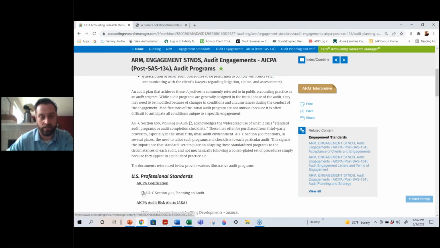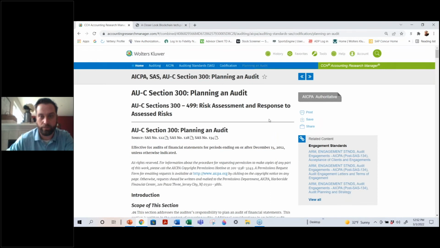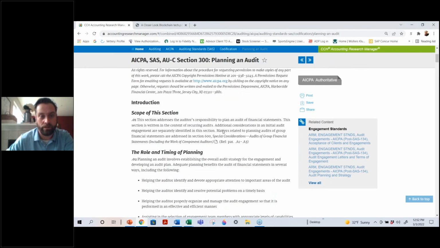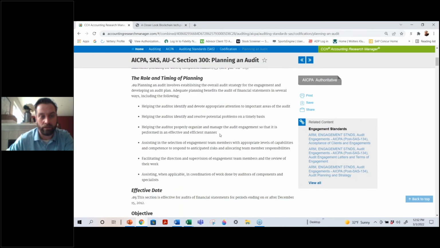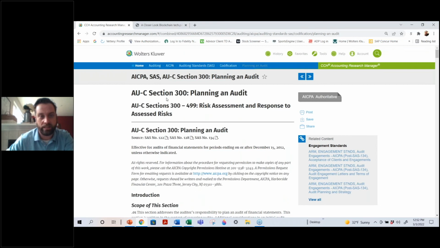If I click on this piece of paper here, it'll take me into the professional standards, which is the authoritative material for the AICPA. And once again, you'll see that changed from brown to gray. So I know I'm in the authoritative content at this point in time. But if I scroll down through here, you'll see we've got a lot of good material, not only on the authoritative side, but if I go back a screen,